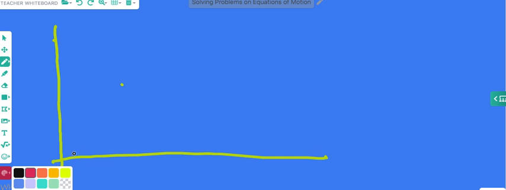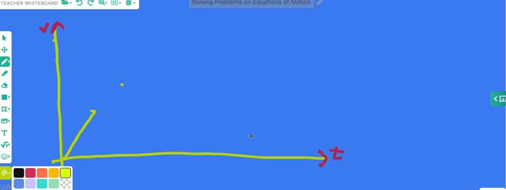So when the body starts, this is velocity, and then this is time, velocity against time. So this body started from rest like this, and accelerates until it attains a velocity of,